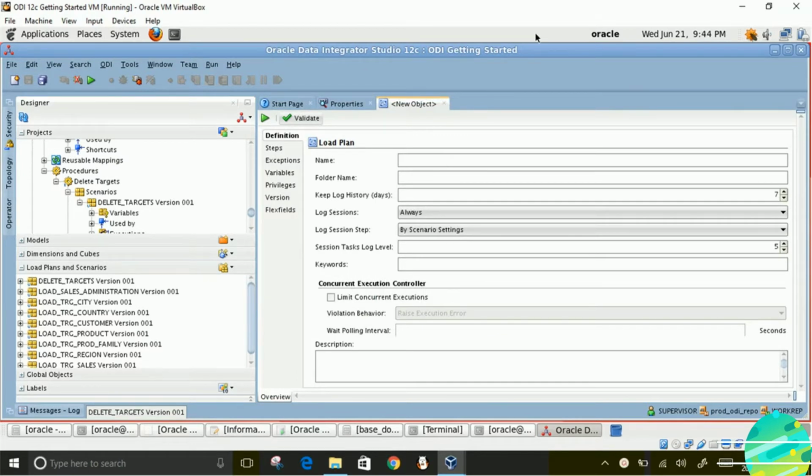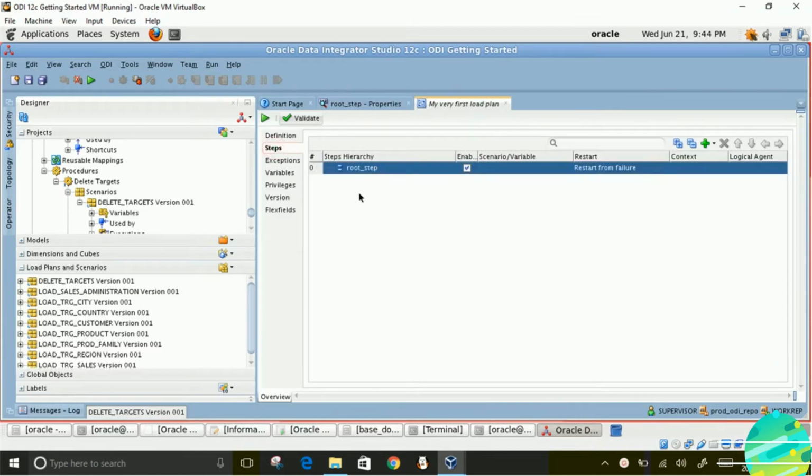Okay, let's call it my very first load plan, and then go to steps. Over here, root step is automatically created by ODI. Other steps you will create by clicking on this add step button.